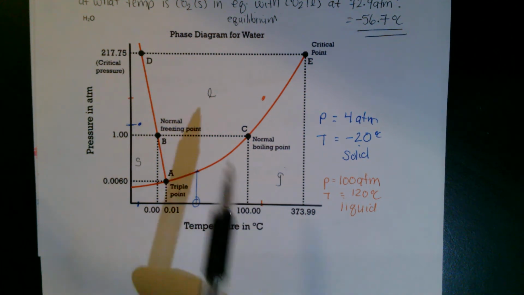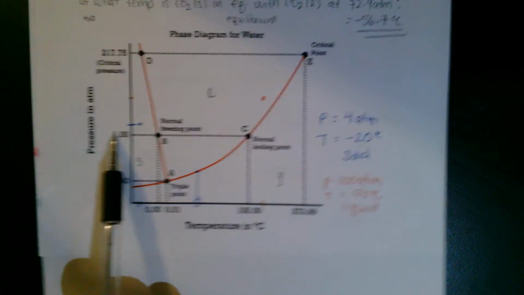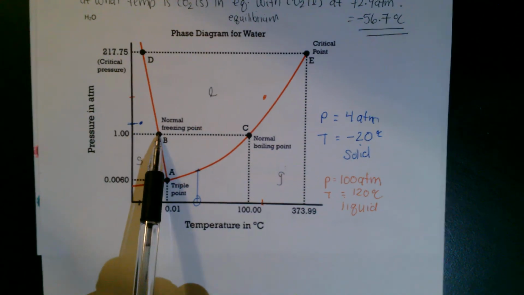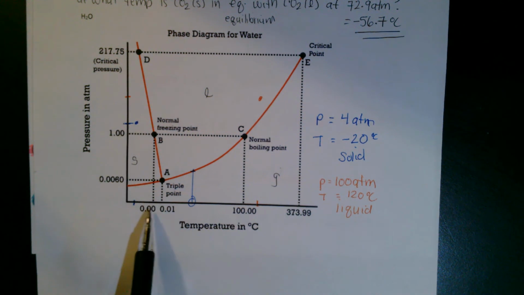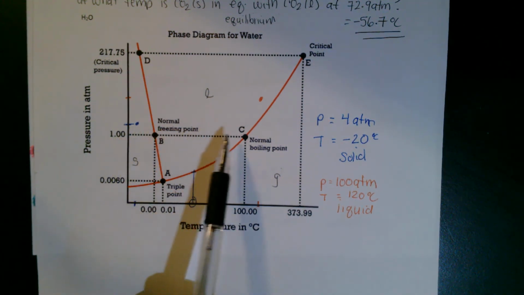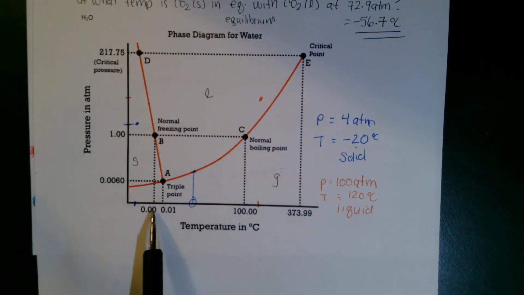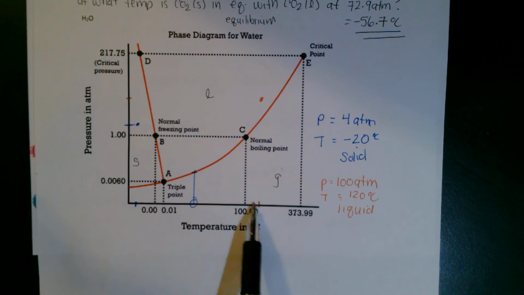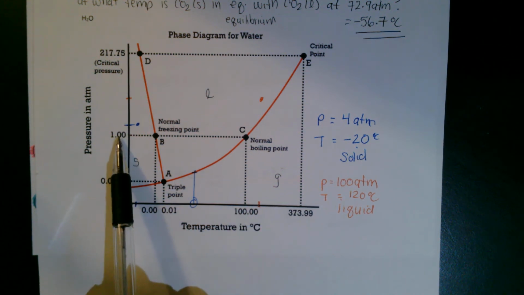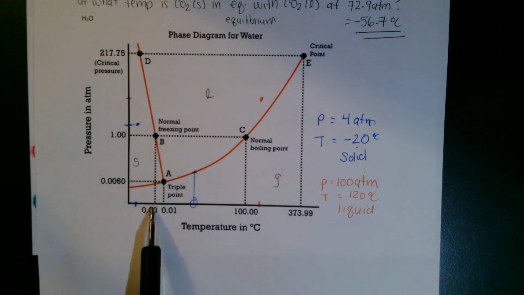Okay, so things that hopefully look familiar at the normal pressure, we cross the line here, not surprisingly, at 0. And at normal temperatures, we cross the line at 100. So our freezing and our boiling, we're at, again, our pressure, which is 1 atmosphere, where it crosses that line